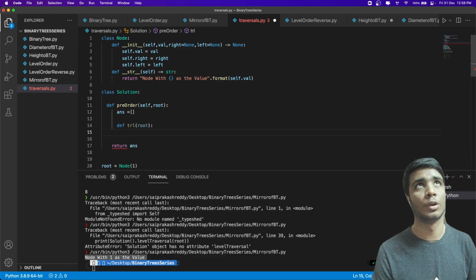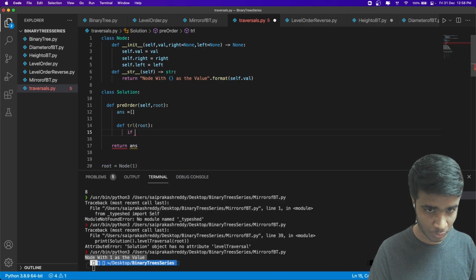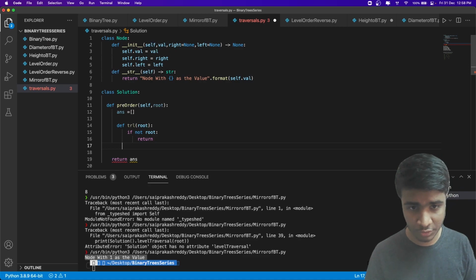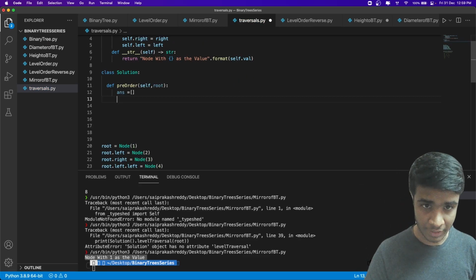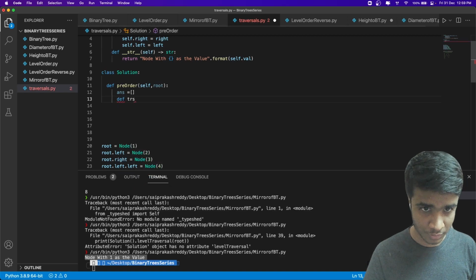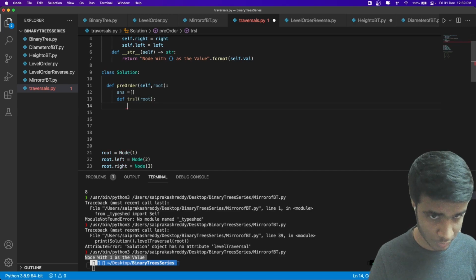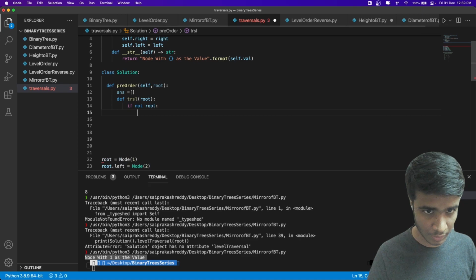If not root, I'm going to return none. Let me define a function here. Let's call it traversal, and it's going to take a root. And if root is not there, then I can simply return none.